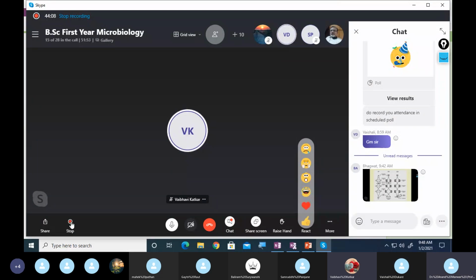Yes, sir. Okay. In the next lecture, we will be talking about a different topic. By that time, please collect the notes. For collecting notes, you can have access to the Xerox center which is near the college. We normally keep the notes with them. You can get the Xerox from the Xerox center. If not, you can ask me. I will arrange to put it in the group. Okay. Okay, sir.